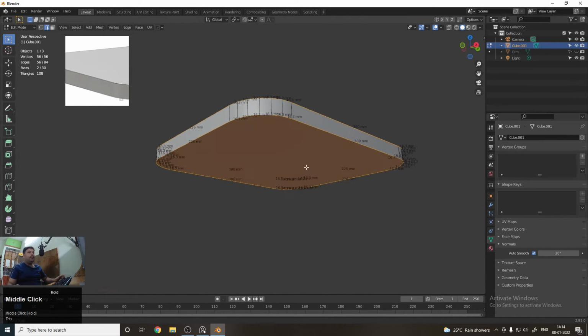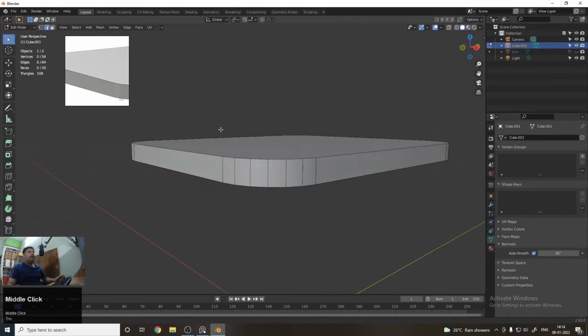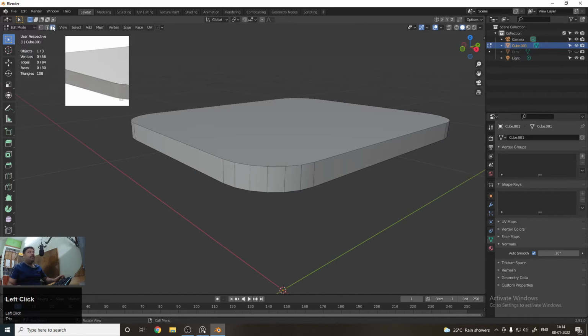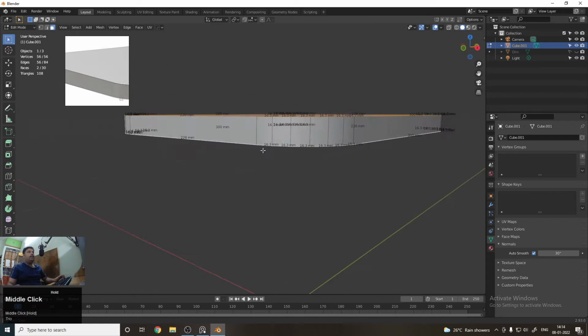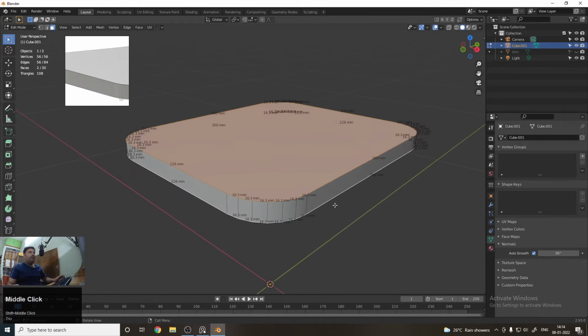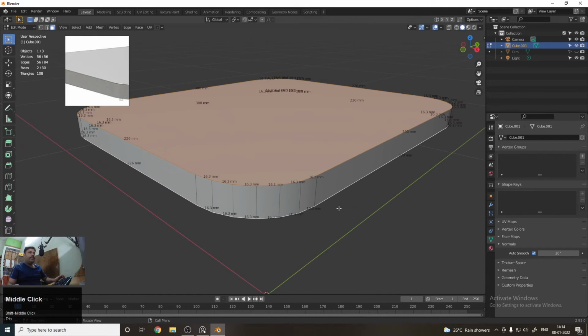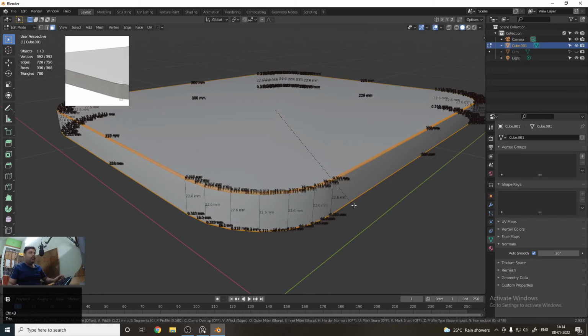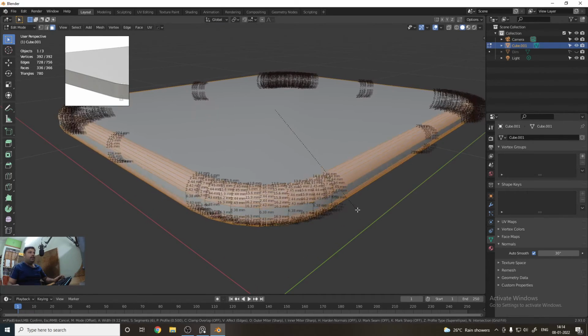In this manner you can select the face, and the simple way is to click on the face, select it, and then if you want to do the bevel, the same process, Control B to create the bevel. But now you can see that dimensions are also showing there.